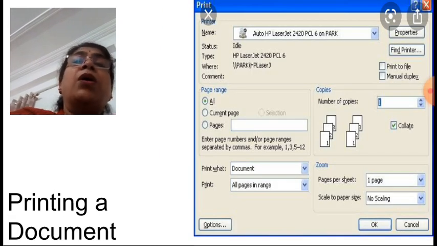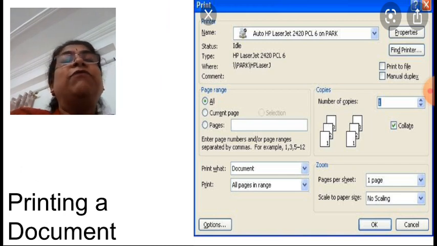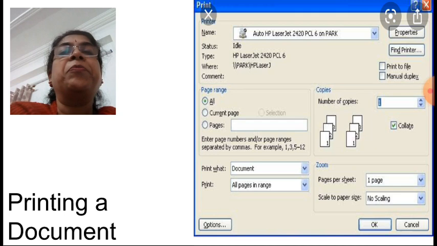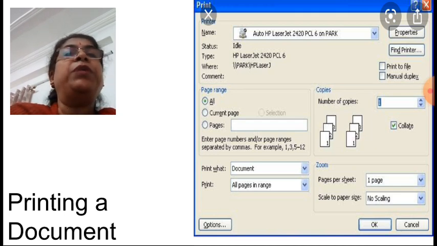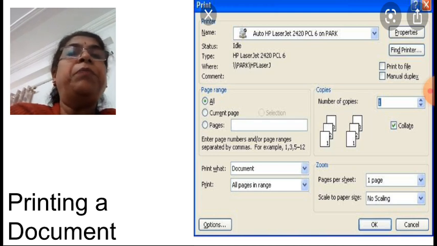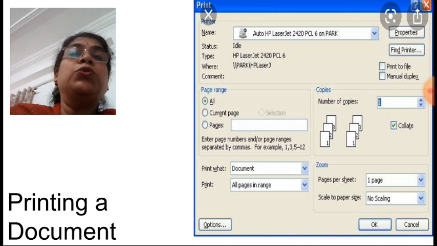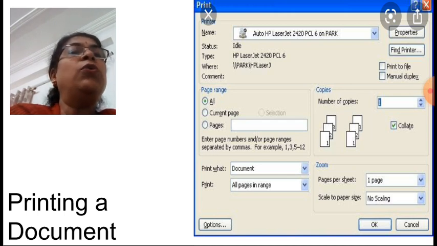now after doing all the settings for margin, orientation, paper size, all that, after looking at how the printout looks on the paper, finally we want to print a document. For printing a document, again you have to click on the Office button, Print option. So a Print dialog box will open in front of you. Correct. Here you have to set the printer also. If the printer is already attached and set, no problem, that name will appear. But if you want to choose the printer among two or three printers, the down arrow is shown. You have to click on that.